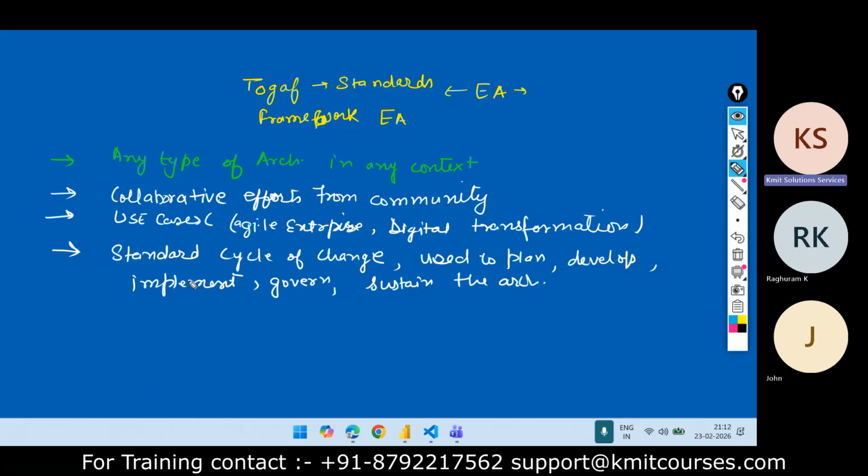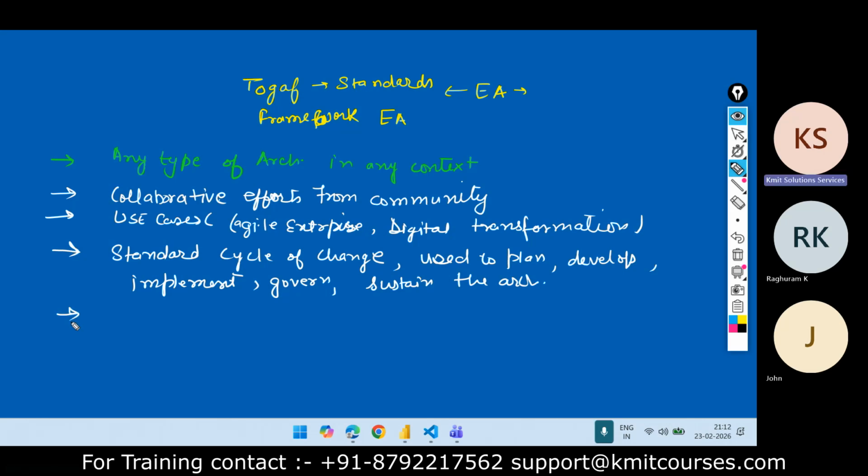Okay. So what it describes is the standard cycle of change, how we plan, develop, implement, govern, change, and sustain an architecture.